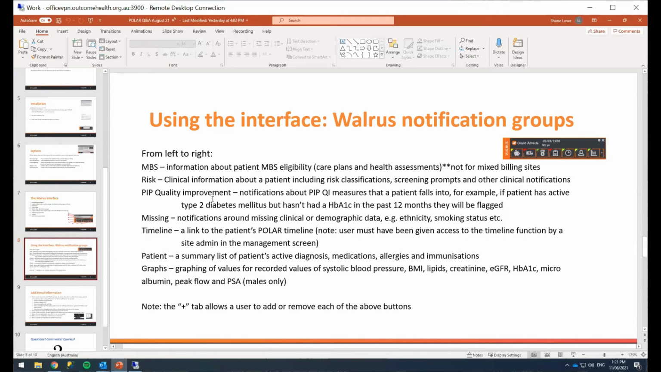So, once we roll these additional notifications out, they just become available for everyone and all the patients of WARIS users. Next one, quite easily, simply the PIP-QI or PIP quality improvement notification. So if you have got a type 2 diabetes patient who hasn't had an HbA1c in the past 12 months, that will be flagged as